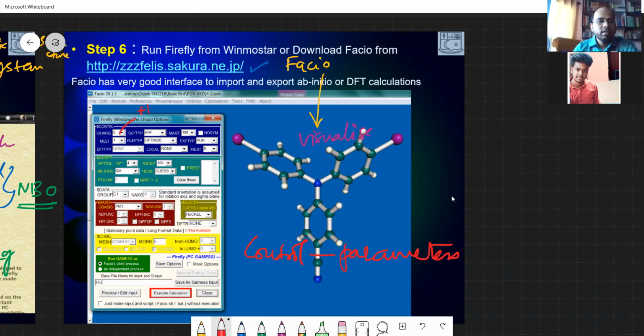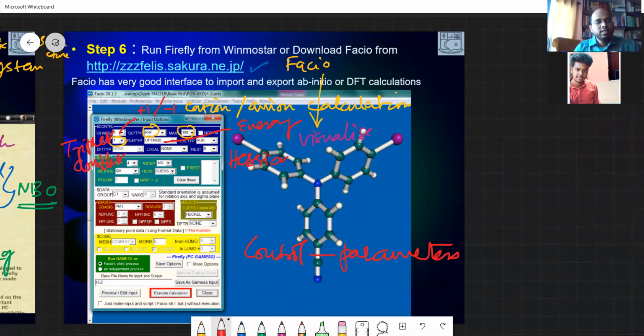charge +1 or -1. I think you can run cation and anion calculations as in the previous function. Cation and anion calculations are very useful. So you can give cation and anion charges, you can give restricted Hartree-Fock, and this is the number of cycles it is calculating, you don't need to bother about that. But you can see that if you change the charge, the multiplicity needs to be changed. Multiplicity is singlet, doublet, triplet, you can give that. Okay, what you can do is optimization, energy calculation, and Hessian.